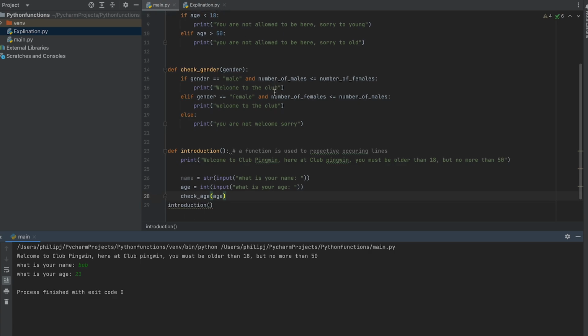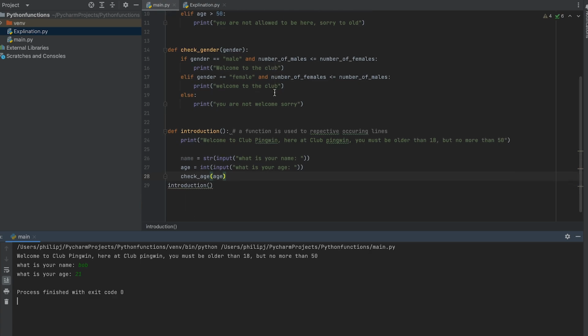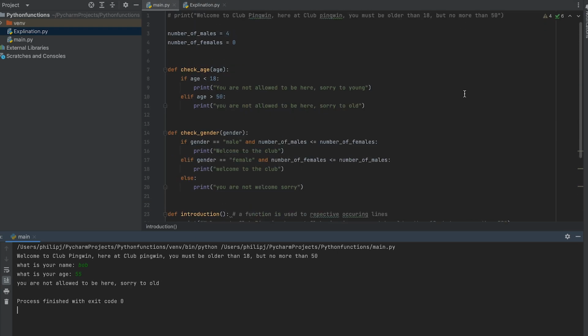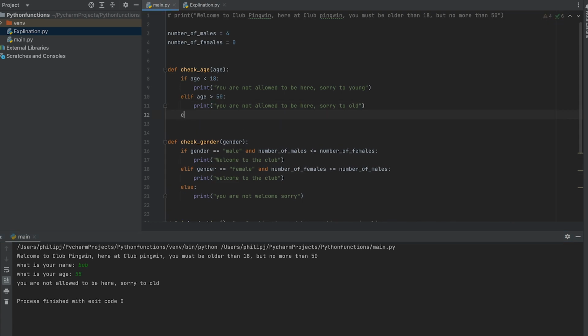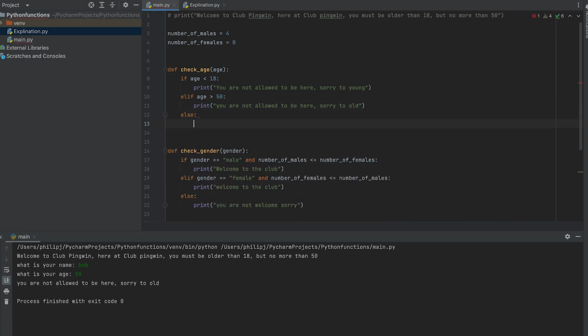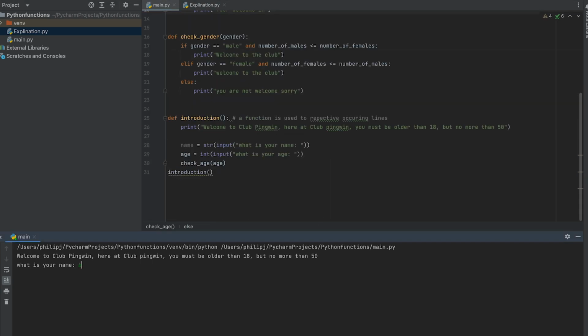Perfect. If we then say, okay, well, my name is Bob, and I'm 55, I'm not allowed in, I'm too old. Perfect. You actually might want to add an else here, like else print you're welcome in. Like that. So now when you run it, the person knows, 24, you're welcome in. Perfect. Now, once this is run, and it didn't come out with an error, we want to run the check